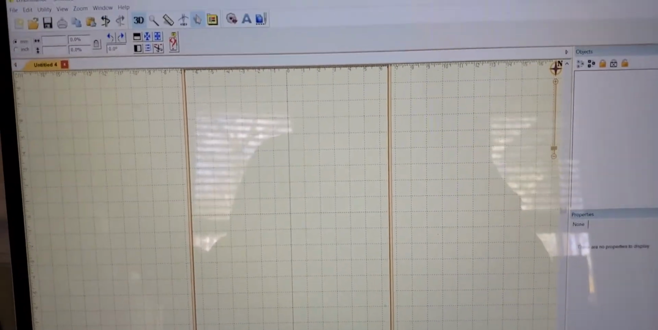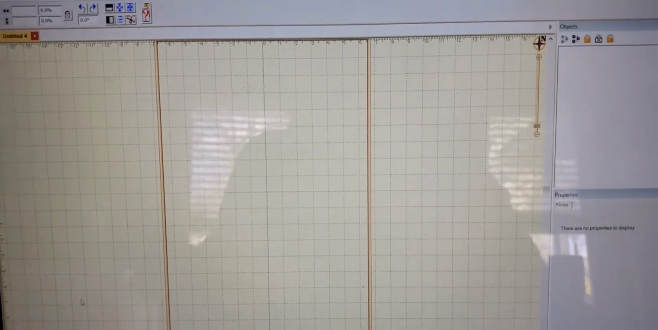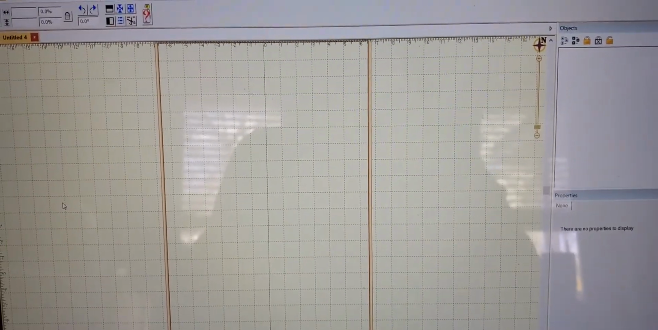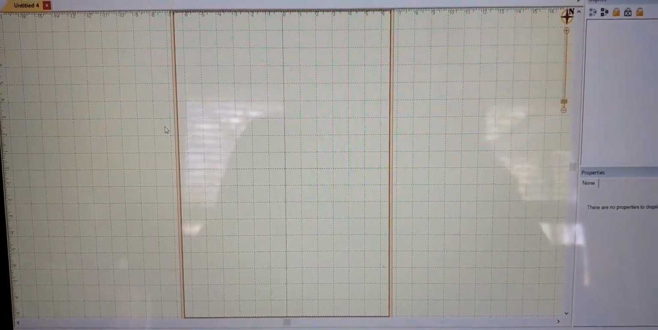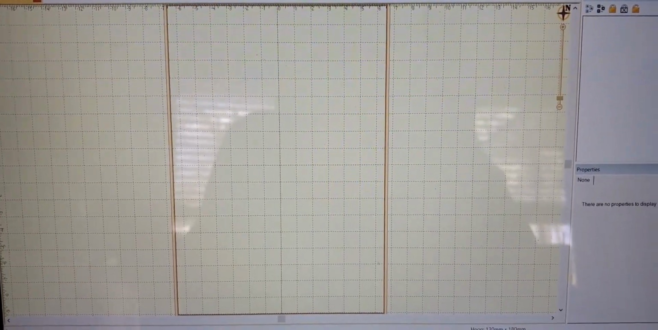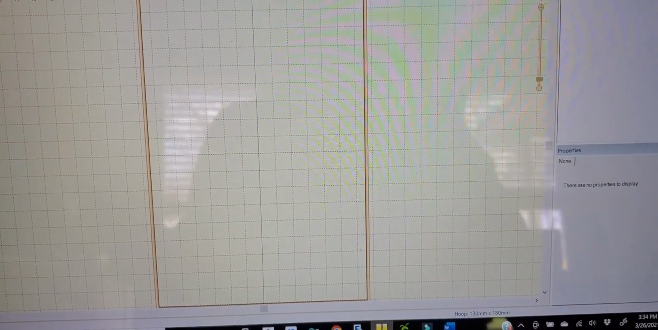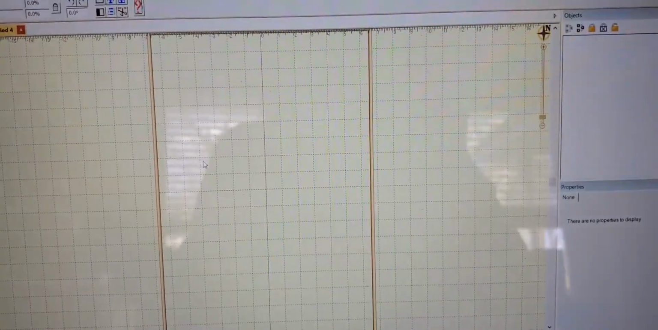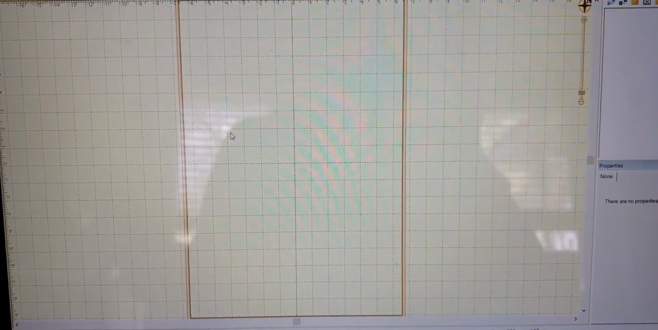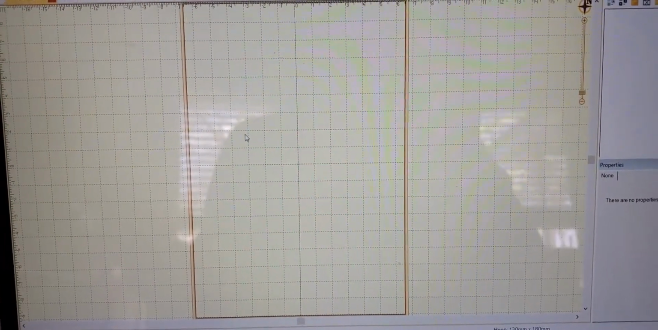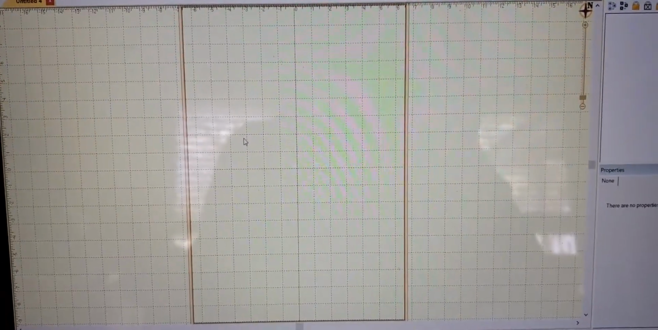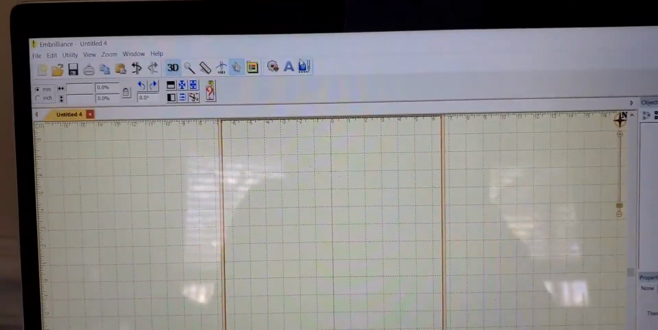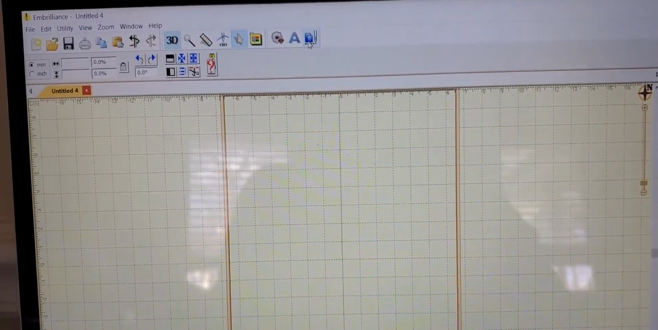Now what I've done is I've just got a blank hoop, or a blank screen here on my computer. This is a 5x7 hoop layout here. So what I'm going to do is add in my hand sanitizer pouch. So I'll go right up here